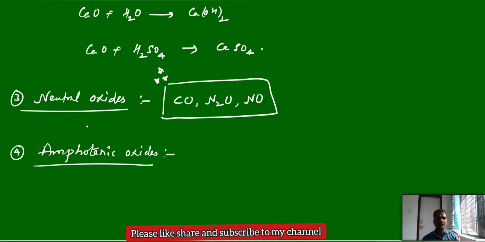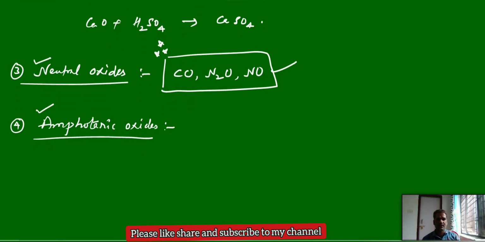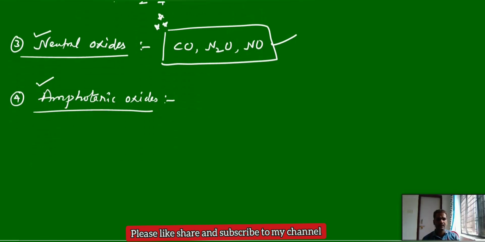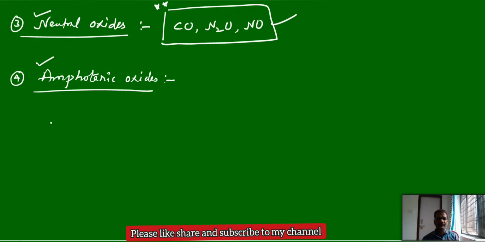Mostly basic oxides come with metals, acidic oxides with non-metals, with a few exceptions. Where will we get the exceptions? Exceptions with the neutral oxides and exceptions with the amphoteric oxides. So you have to focus mainly on the neutral oxides, just these three only. It is very easy to remember. Coming to the amphoteric oxides, how do we remember them? This is an important task here. So I'll give you the list of amphoteric oxides and how to remember them group-wise. I think we have taken this already, even though we'll take it again.